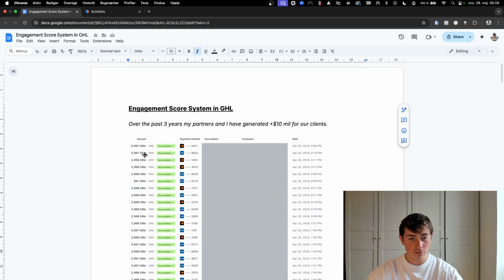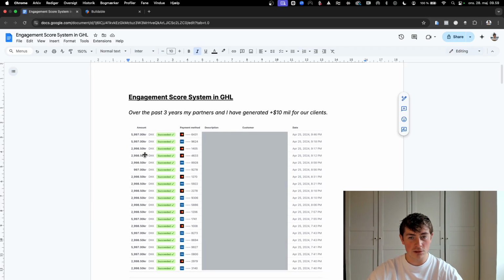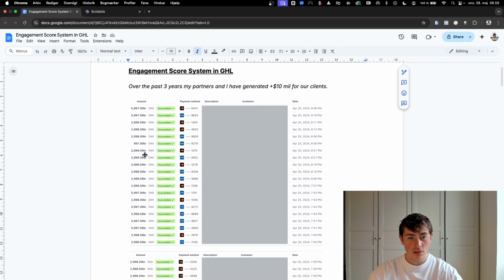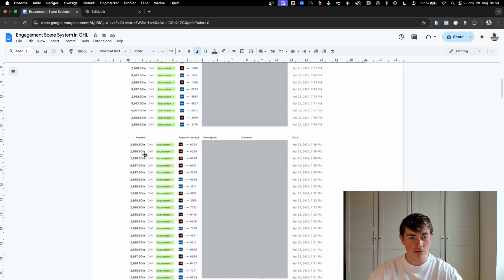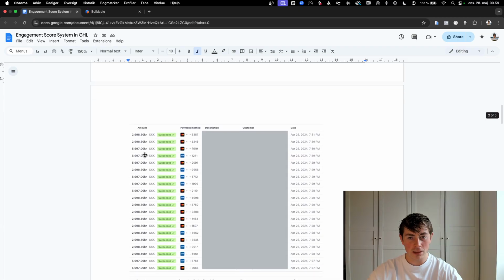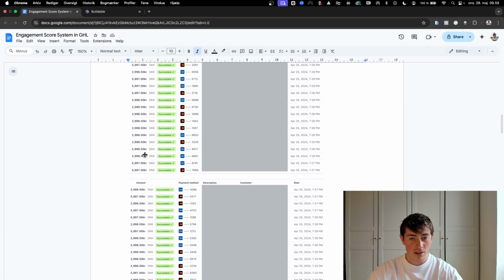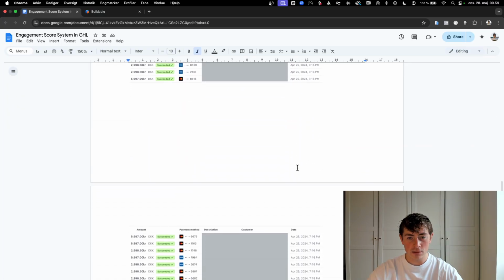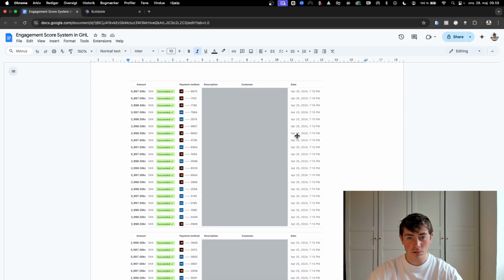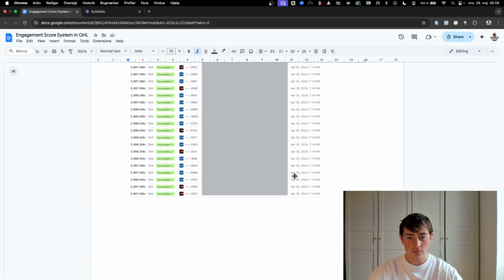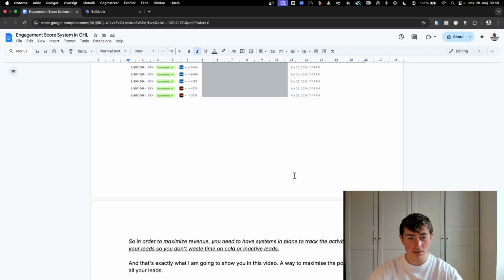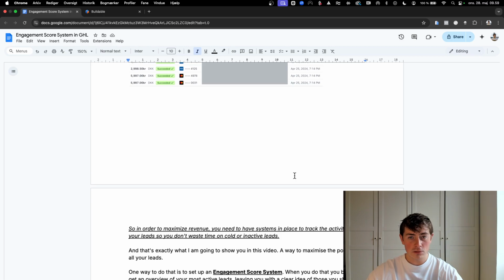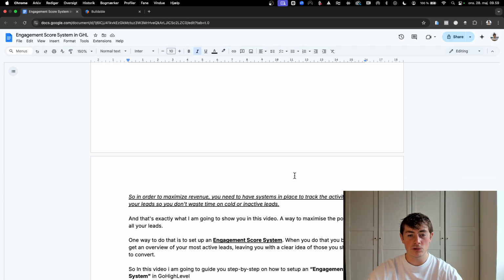But one thing is just me talking about the results, and another thing is actually showing you the results. So I've taken some screenshots from one of our clients' Stripe accounts, and you can see almost all the transactions are from the same date, April 25. So yeah, that's a lot of transactions. So now that I've not only spoken about the results that we have generated, I've also shown you the results